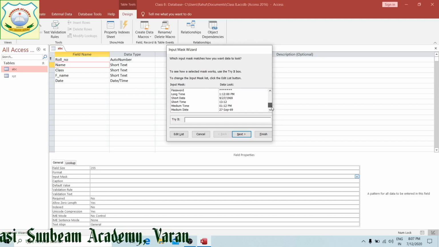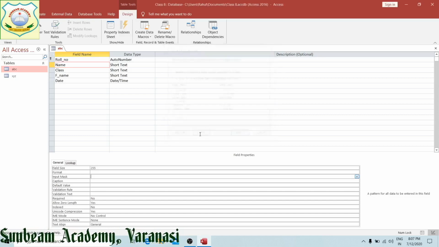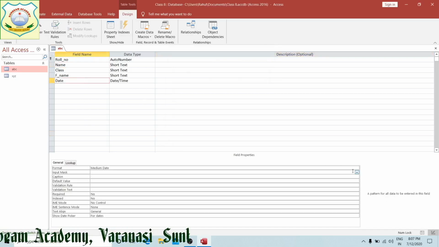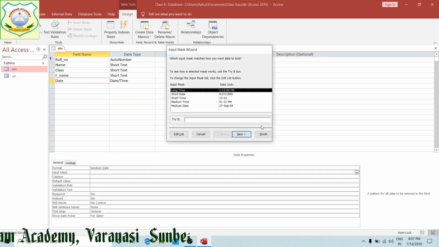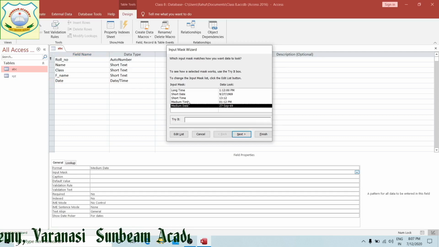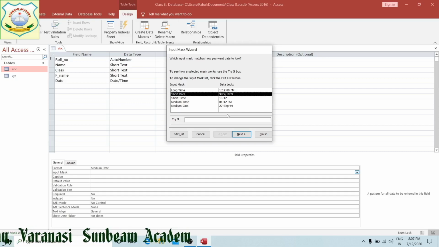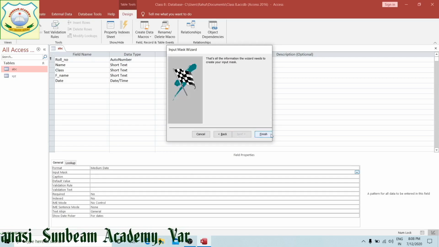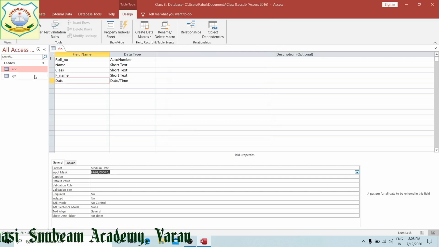Suppose for any other field I take input mask, how your date is going to look, how it should look to you, right? For this, short date, medium date, we have taken this one. Now short date, next. Now input mask is this, next, finish. Now fill the data into this one.